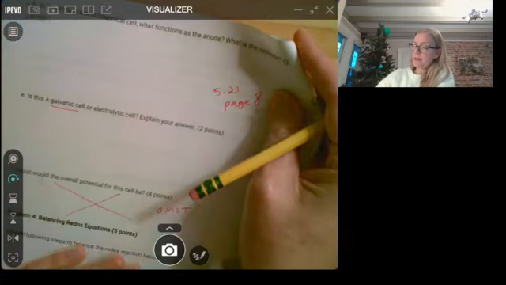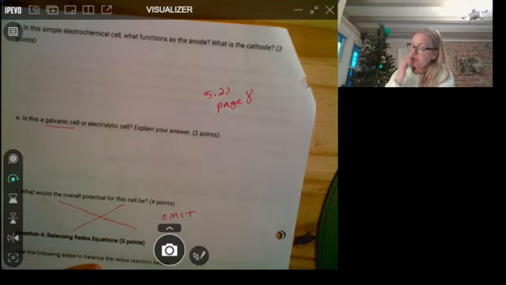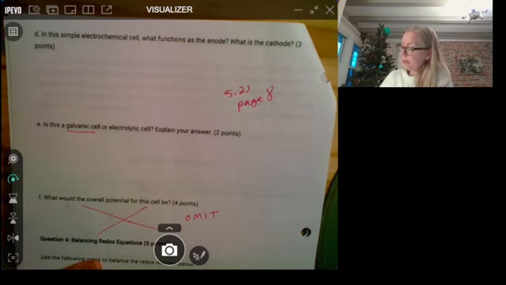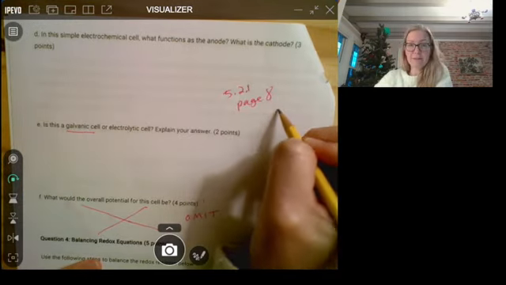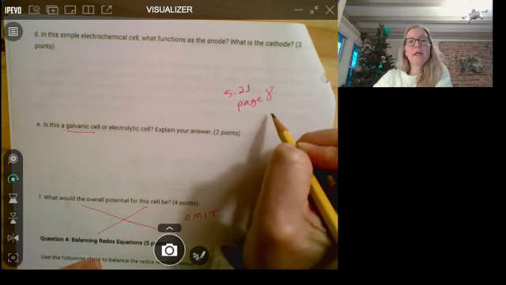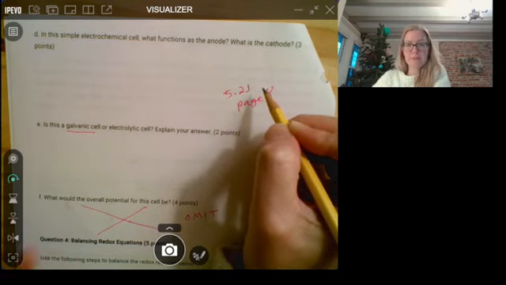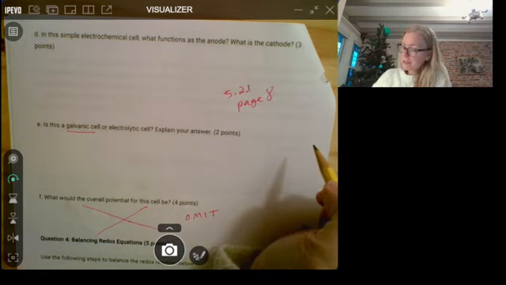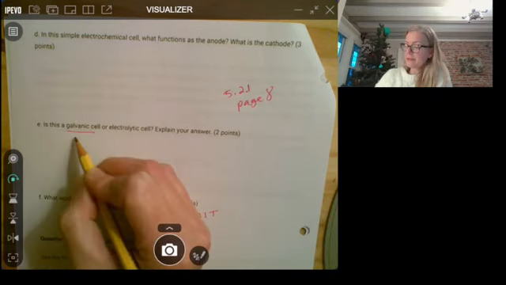And then in this simple electrochemical cell, what functions as the anode and what functions as the cathode? Look at 5.2.1, page 8 for the definition of anode and cathode. And then you can figure out which element was at the anode and the cathode. And for part E, is this a galvanic cell or electrolytic cell? It's a galvanic cell